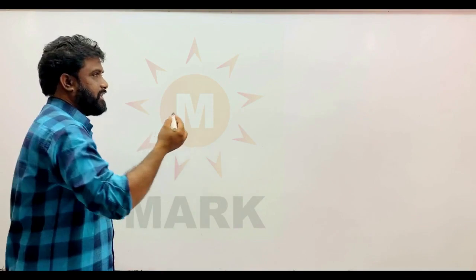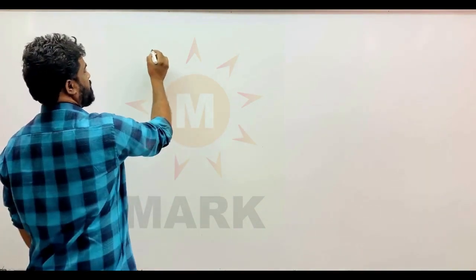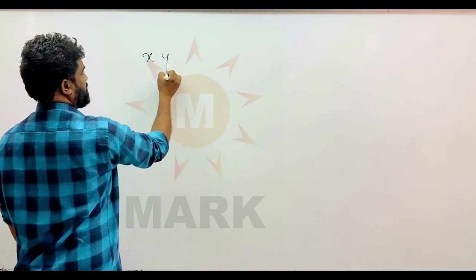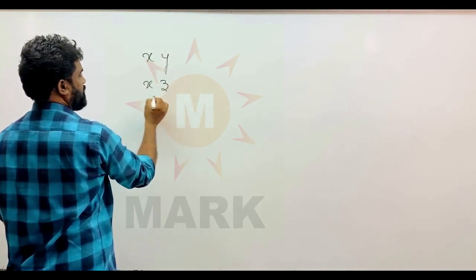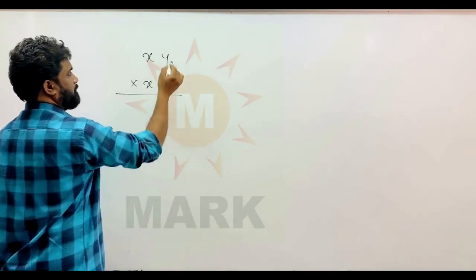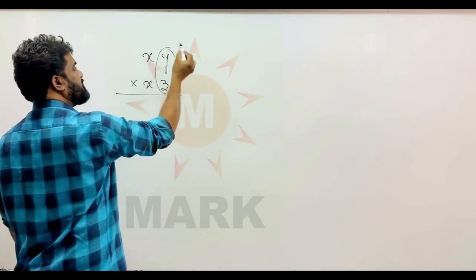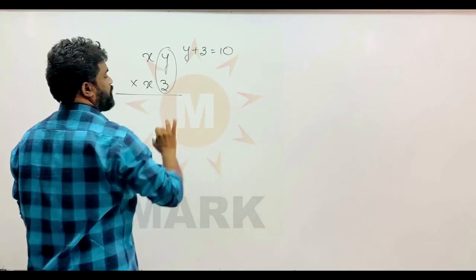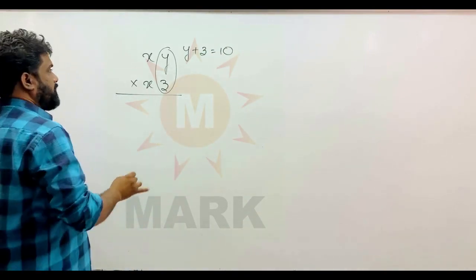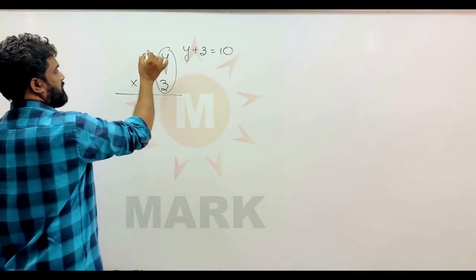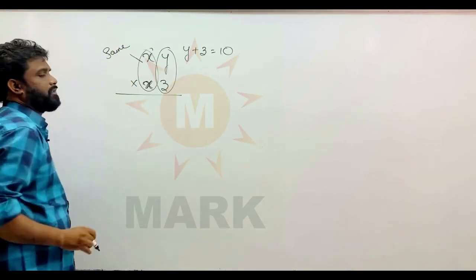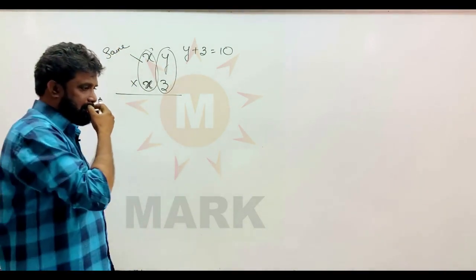We will be discussing the multiplication of such numbers. Suppose you take a number called xy and another number called xz, and you are going to multiply these types of numbers so that the units place sum is equal to 10. The units place sum is equal to 10. So that means the other digits, these two numbers, should be the same. How to multiply these kind of numbers?